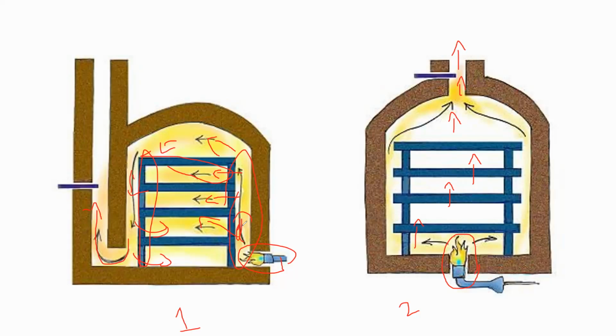But in a downdraft kiln, the hot gases will rotate inside the kiln again and again, and at last go out from the outlet. As the same heat is repeating and rotating there itself, it becomes more effective. With the help of less fuel, more burning can take place. Understood? In an updraft kiln, heat will go directly into the chimney and go away. So which one is more effective? Downdraft kiln.